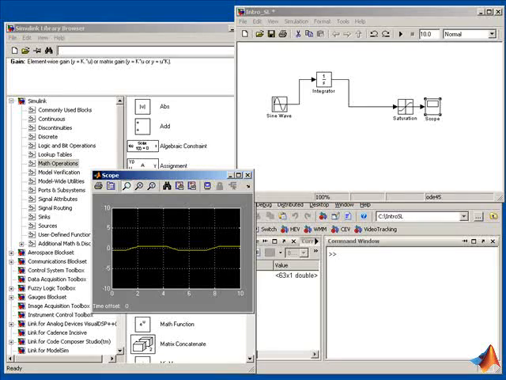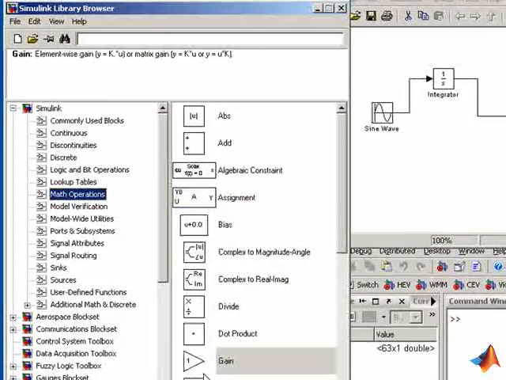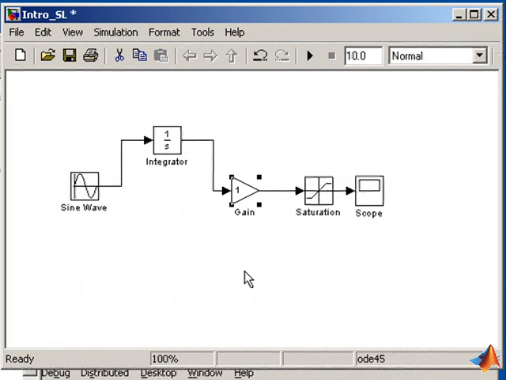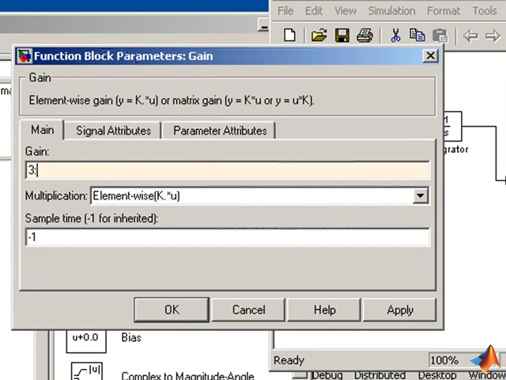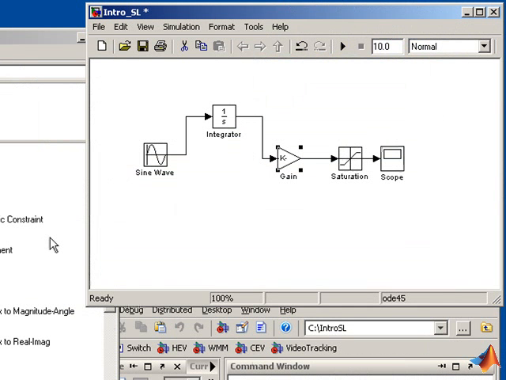Another key feature of Simulink is the ability to work with signals in parallel. So let me try and show you how this is possible. I'm going to drag and drop a gain block onto my signal, and instead of using a gain of 1, I'm going to use a vector of gains. So what I've just done is now multiplied the output of the integrator by 8 gains starting from 3 to